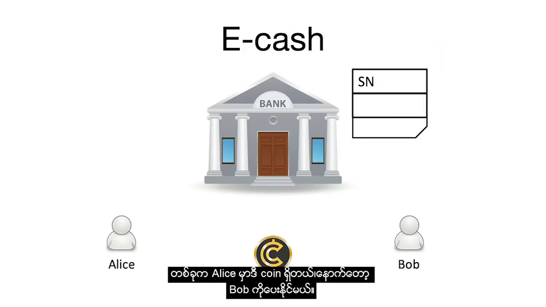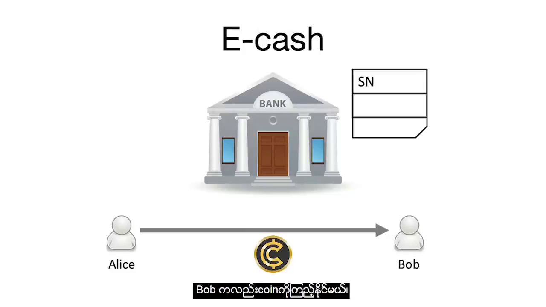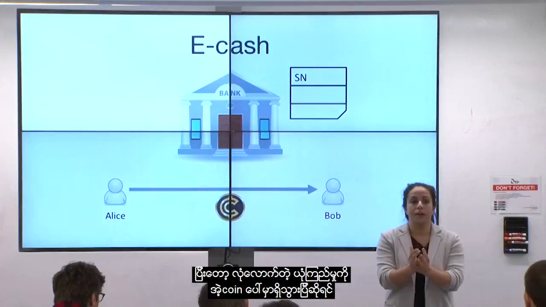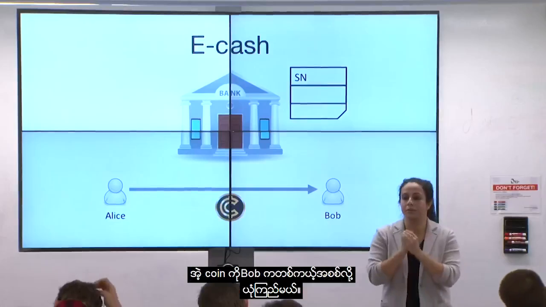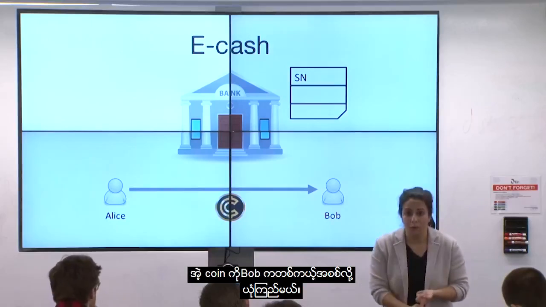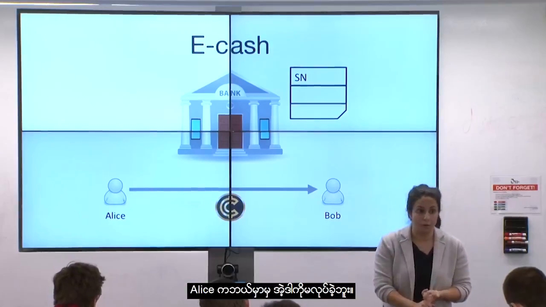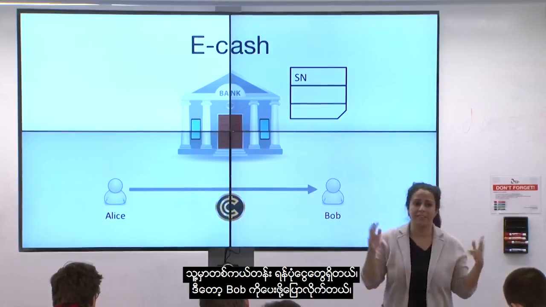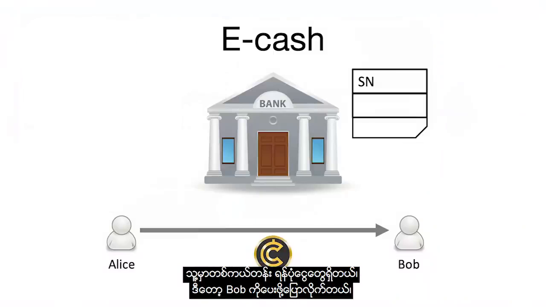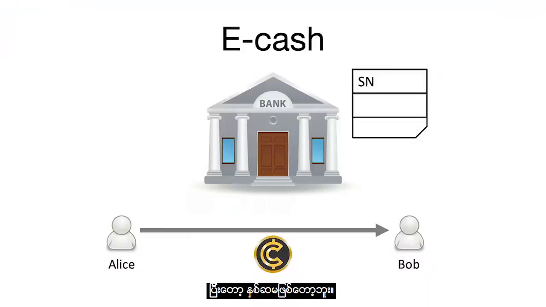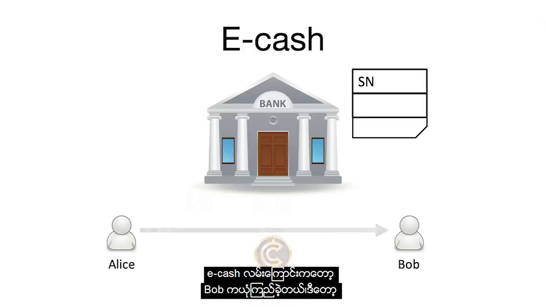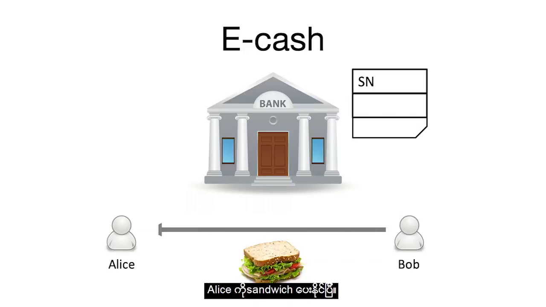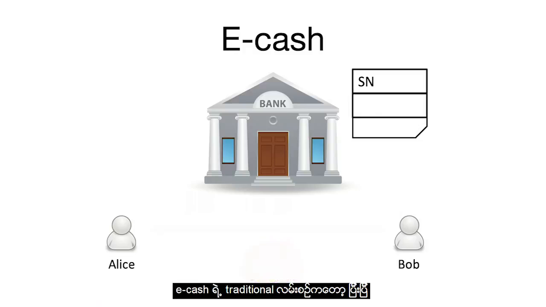Once Alice has this coin, she can give it to Bob. And Bob can take a look at this coin, and hopefully there's enough going on with this coin that Bob can be convinced that this is a real coin. Alice didn't make it up out of nowhere. She actually had the funds, so to speak, to give to Bob, and it hasn't been double spent. And once Bob is convinced of that, he can give Alice the sandwich. Now in traditional eCash, the way that this is done is Bob actually goes back to the bank